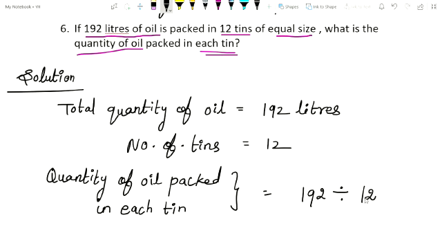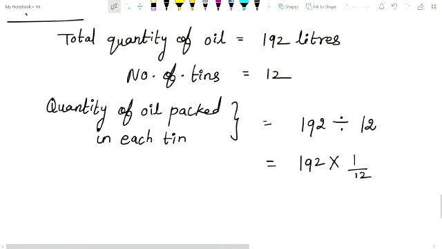If you want to divide this, you have to take the reciprocal of the divisor. Now 192, you are going to change the symbol, and for that you have to take the reciprocal. So the reciprocal of 12 is 1 by 12. 12 means 12 by 1, so the reciprocal of 12 by 1 is 1 by 12. Okay, children. Now 12 ones are 12. See here, how many times it occurs, children?